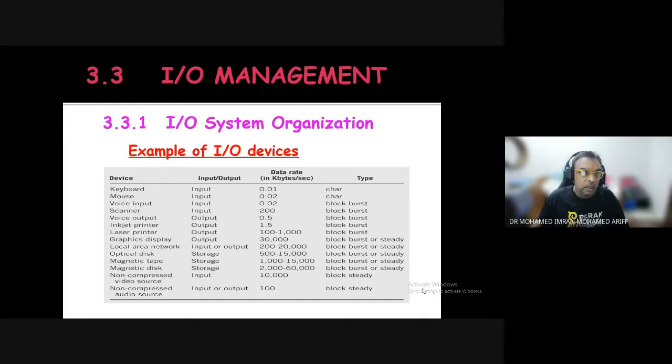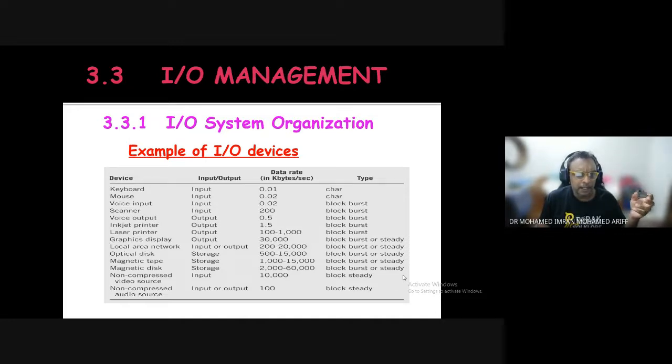All right. So examples of input output devices are as follows. You have the keyboard, you have the mouse, you have a voice input, like I'm talking now, your mic. Each of these sends an input or output to the computer system, and the type or the format of the input is different.